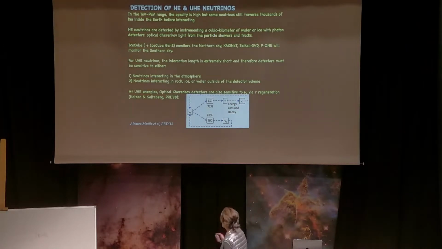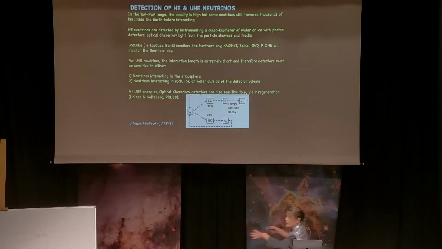So, this is how do we detect them, okay? In the TeV-PeV range, the opacity is high, but some neutrinos can still travel thousands of kilometers inside the Earth before interacting, okay? So high energy neutrinos are detected by instrumenting cubic kilometer